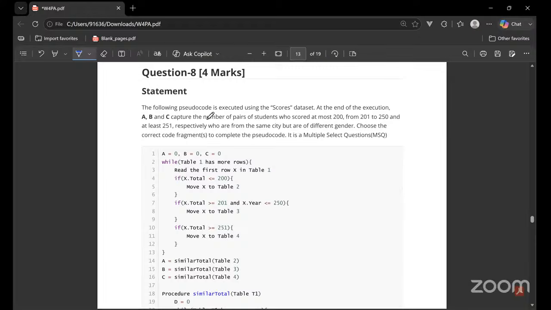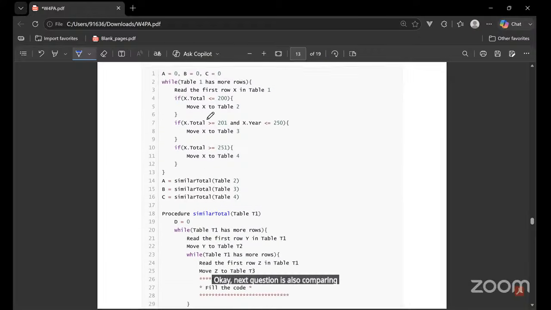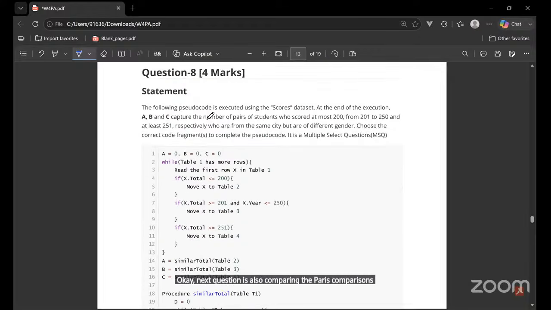Okay, next question is also comparing the pairwise comparisons, based on the code, but let's see what it was. The following pseudocode is again executed using this course data set. At the end of execution, A, B, C captures the number of pairs of students who scored at most 200, from 200 to 250, and at least 251. That means A captures